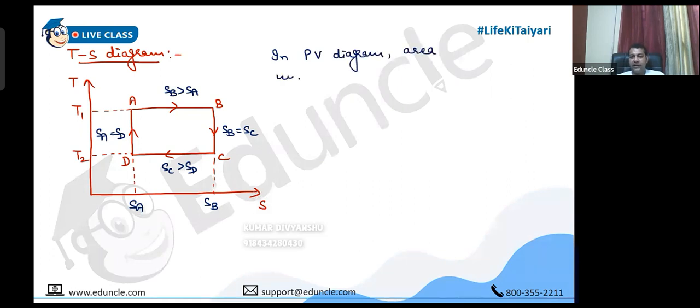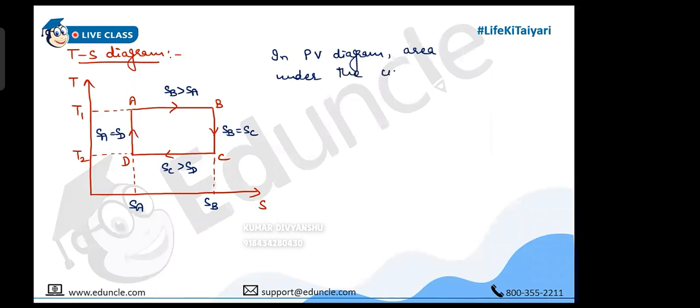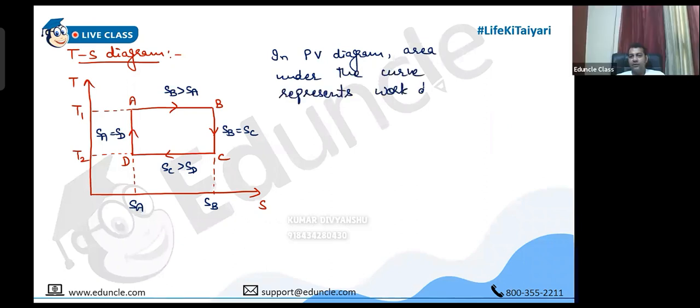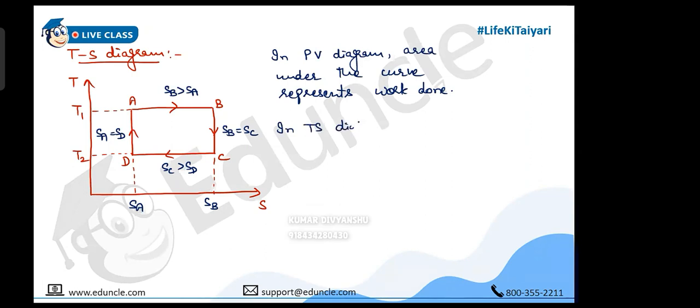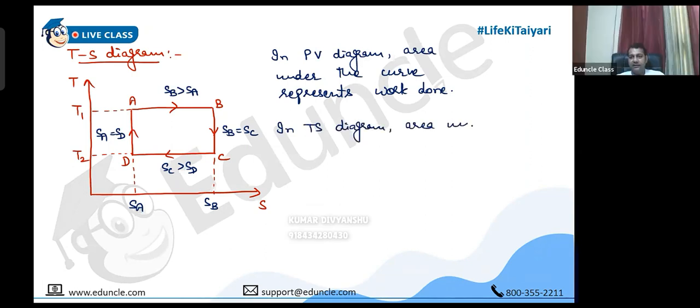Is it clear how to make a TS diagram if you are given the PV diagram? And one more important thing. In the PV diagram, this you have already done, that the area under the curve represents work done. And in fact, with the help of that only, we obtain the expression for the efficiency of the Carnot engine, that is eta equal to 1 minus T2 by T1. But what is there in the TS diagram? In the TS diagram, area under the curve represents